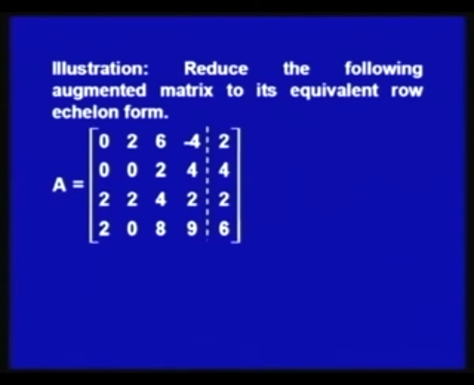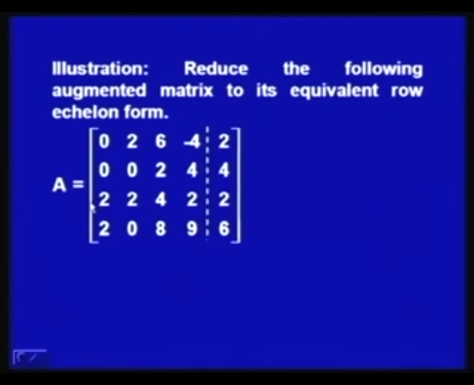So, we have been given a matrix A. I call this matrix A an augmented matrix. That means it actually represents a system of equations, with this as the coefficient matrix and this on the right-hand side. This is the matrix A multiplied by X, equal to the column vector B. So, this is B, this is A.